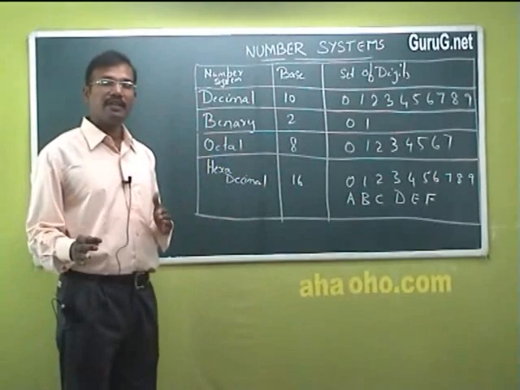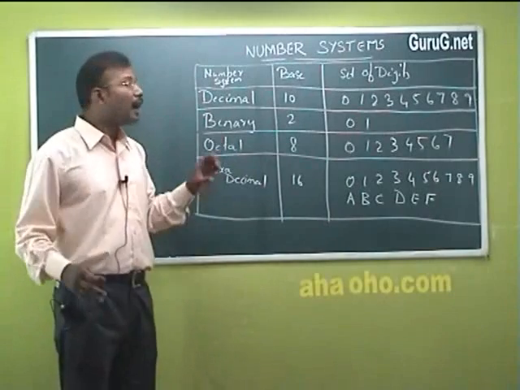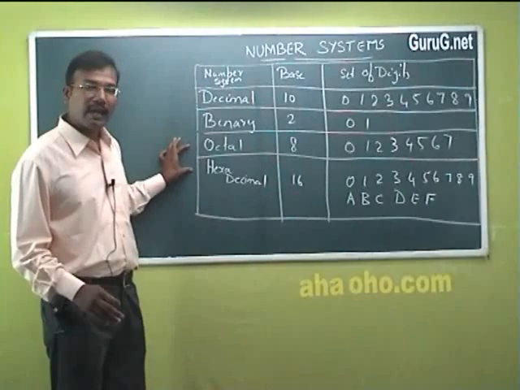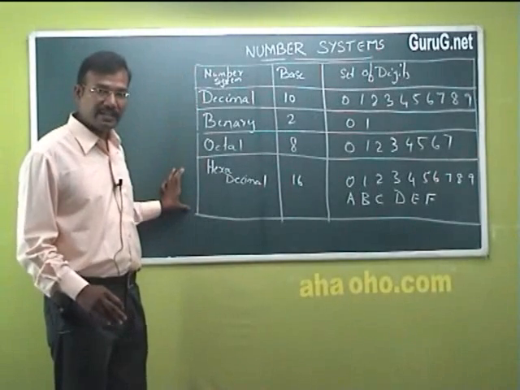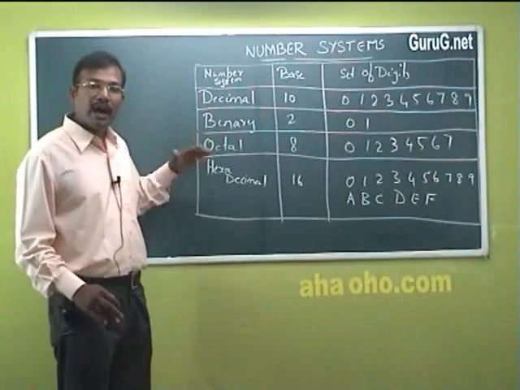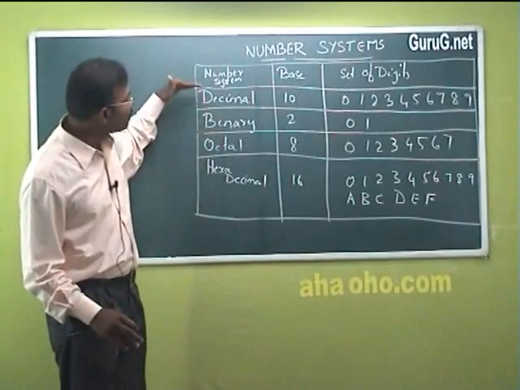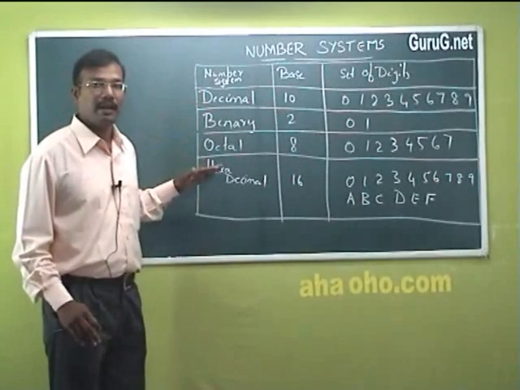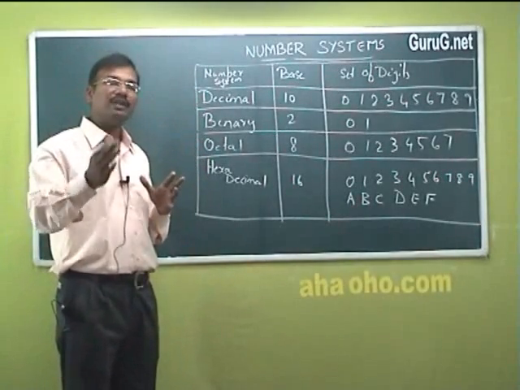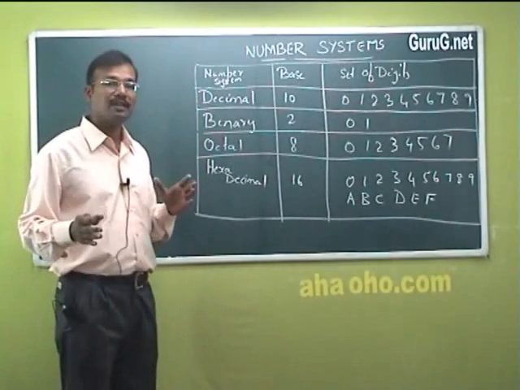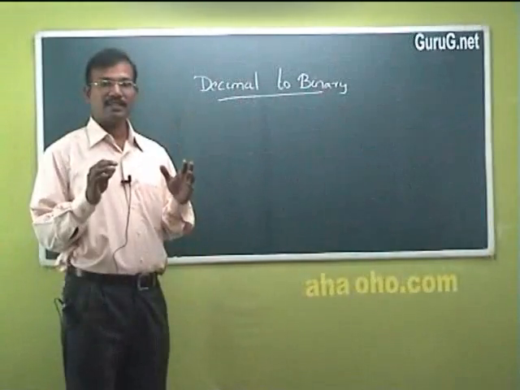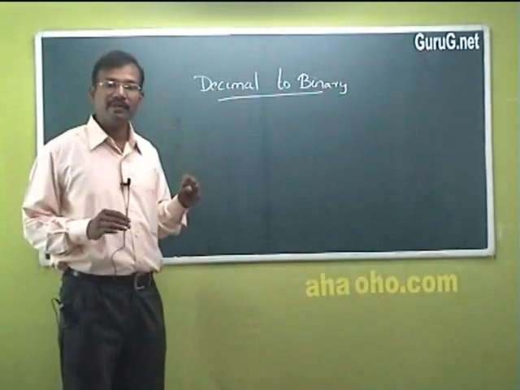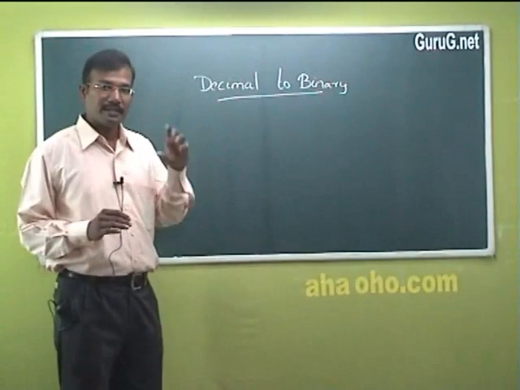The next thing we are going to discuss is how to convert a decimal value to binary, decimal to octal and decimal to hexadecimal, and the reverse: binary to decimal, octal to decimal and hexadecimal to decimal. How we convert these things and how each conversion is important are the two topics we are going to cover next. First we will see conversion of decimal to binary. For example, we will take one decimal number, 7.